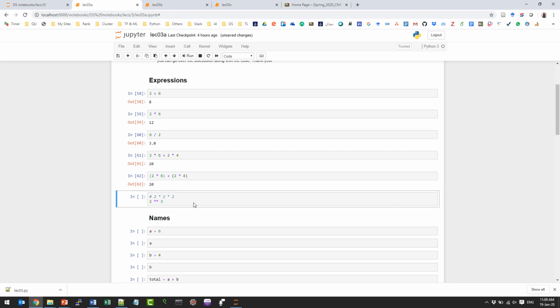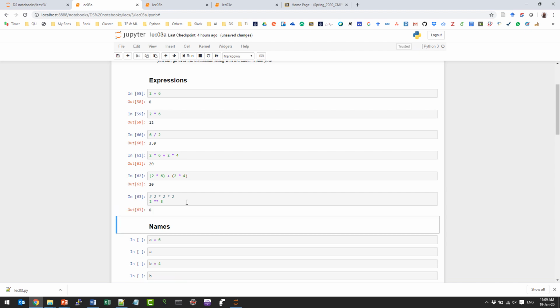Please stop me at any time if you have any questions. Most of the stuff that we will do today is very familiar to you. If you have any questions, just stop me. How about this one? This is maybe a bit different from other languages. So in Python, we do the power operations using the double asterisk. Okay, so in this case, this will be 2 to the power 3, which is 8. Okay, so this is very quick